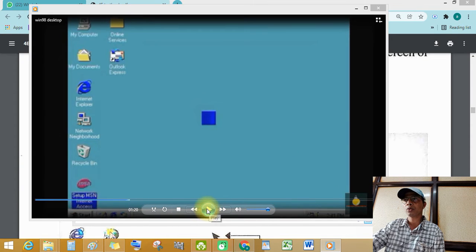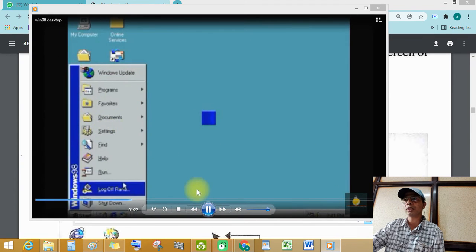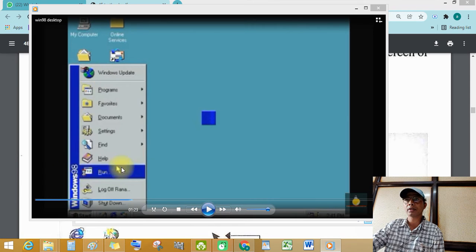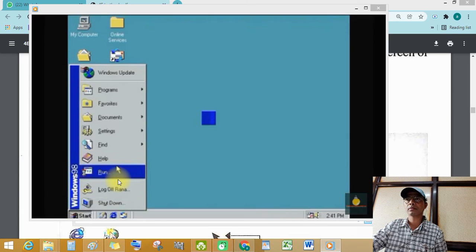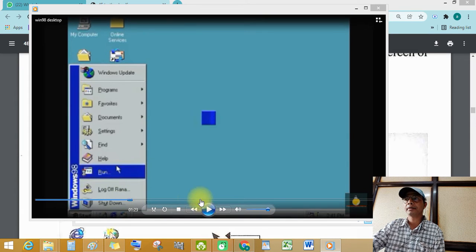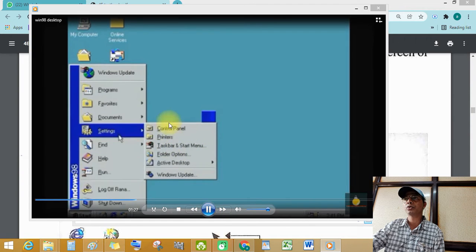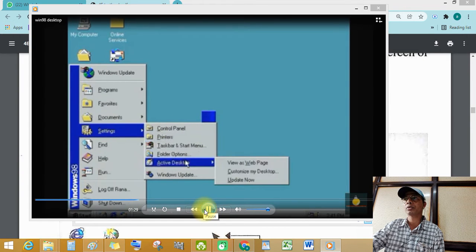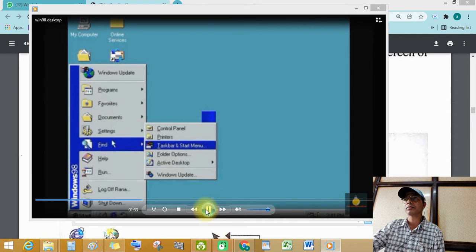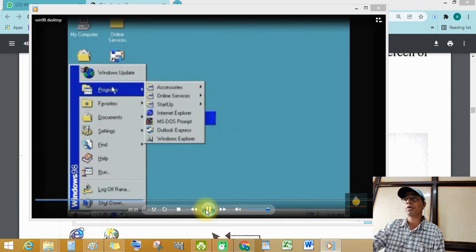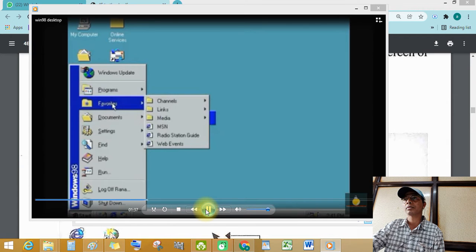So this is the start button. See this start button and see these sub menus, menu, sub menu. See this: programs, favorites.